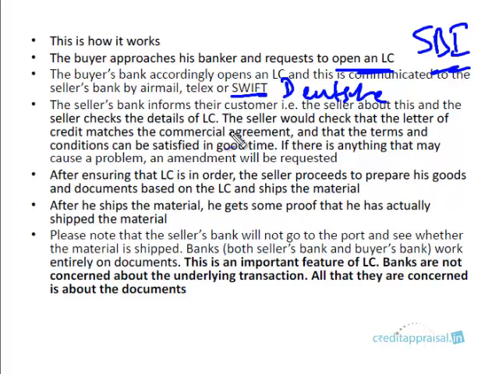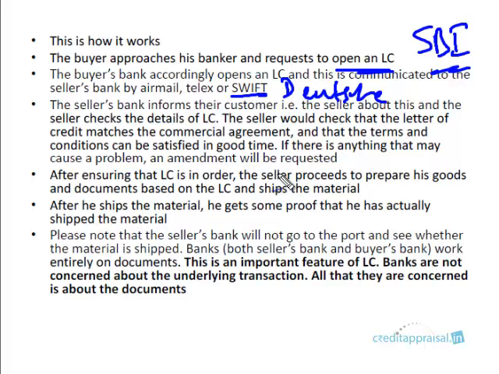Now Deutsche Bank informs its customer, that is the machinery supplier, right? So this seller will come and check the details of the LC. He'll check that everything is in order, right? Because behind this there is a commercial agreement. So is this LC matching the commercial agreement, right? If everything is proper, and if he is satisfied that he can supply this machinery in time as per the terms of the LC, everything is fine, or else there will be an amendment to the LC. LCs can be amended, right? We'll come to that later, but for the moment let us assume that the supplier is happy with the terms of the LC.